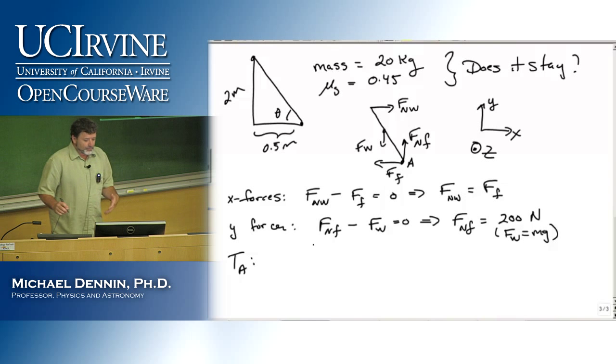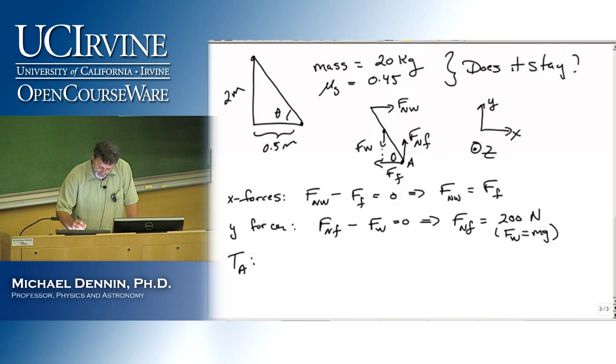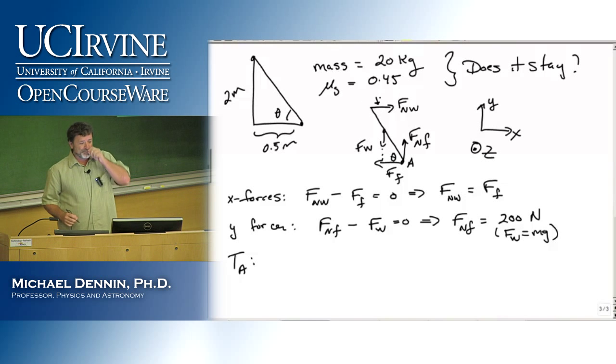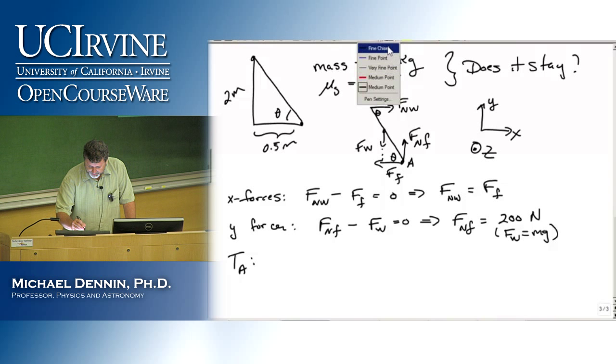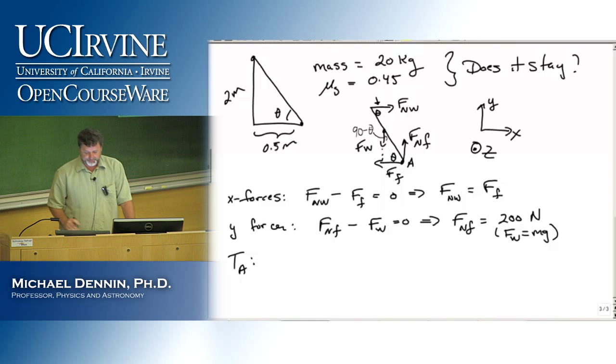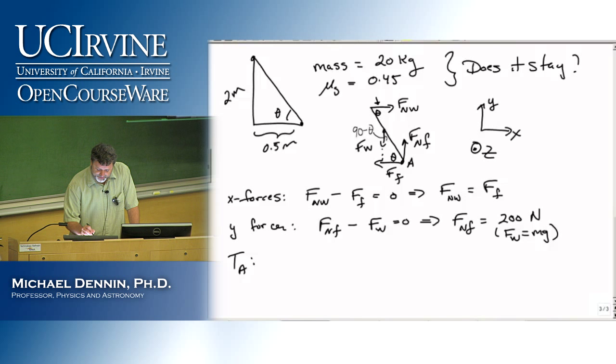Now, couple ways we can do this. That's angle theta. So from geometry, what's the angle in there? Theta, because that's the alternate interior angles. And the angle in here is 90 minus theta. Now, remember our torque, these are the first times they're not all at right angles. So the easiest way to make sure you don't make a mistake, I find, is to keep in mind what is,